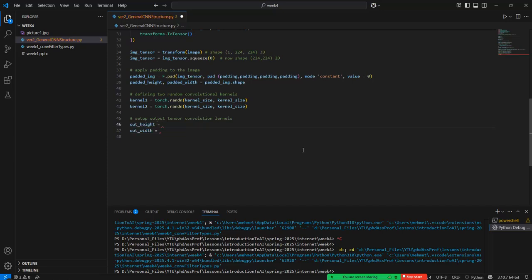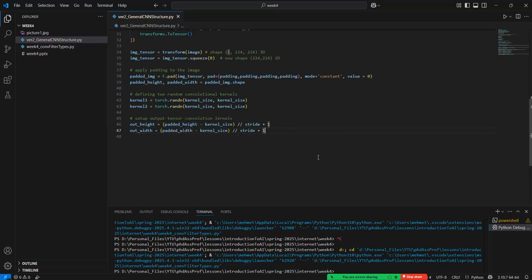If we apply the transformation based on this information, we need to give them these properties automatically, based on the 2D or 3D matrices. So the padded height minus kernel size, divided by the integer value of the stride, plus 1, and also we need to give the width,